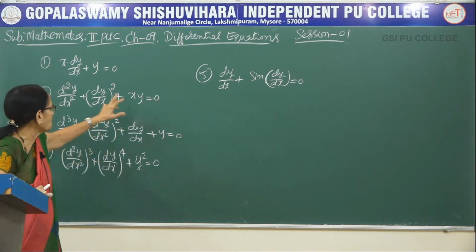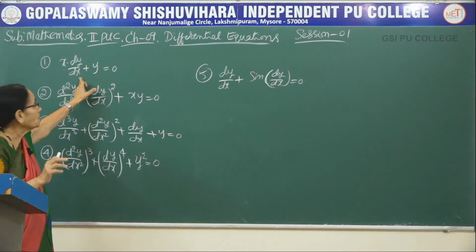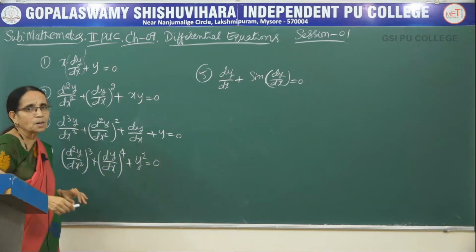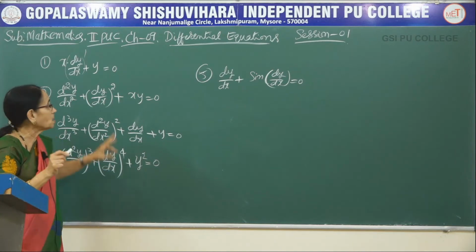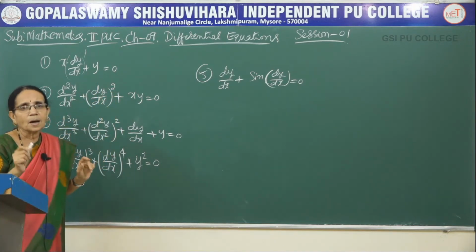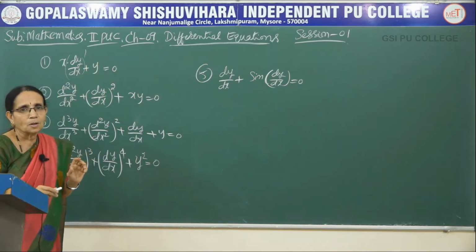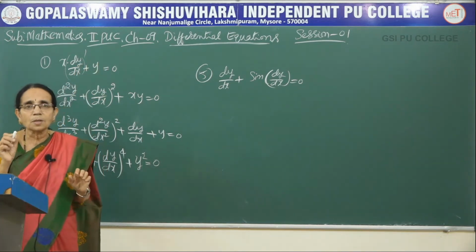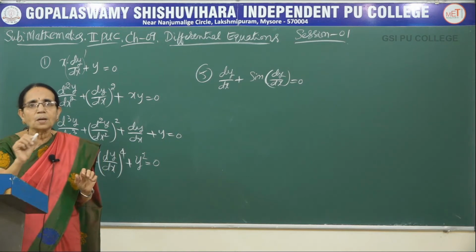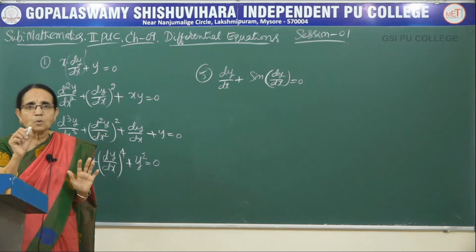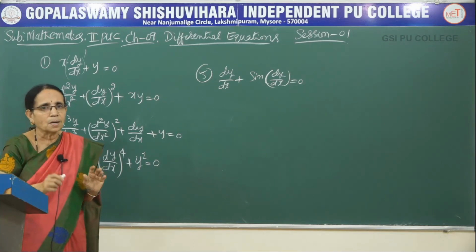Come to the first example. We are having the first order. What is the degree of that one? It is to the power 1, isn't it? Therefore, the degree is 1, and observe it is a polynomial in the derivative. Therefore, the order is also 1, the degree is also 1. But while writing, don't write only the number, you write order equal to 1, degree equal to 1. Okay, don't write only the number here. Better you write the words here, order and degree like that.